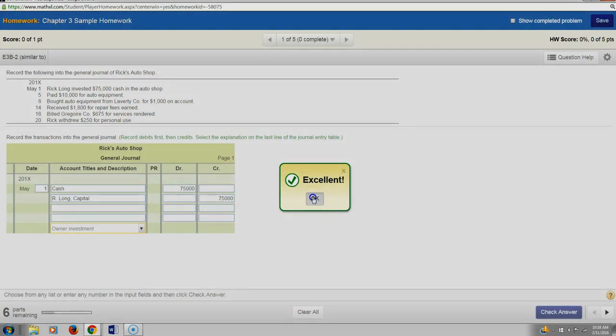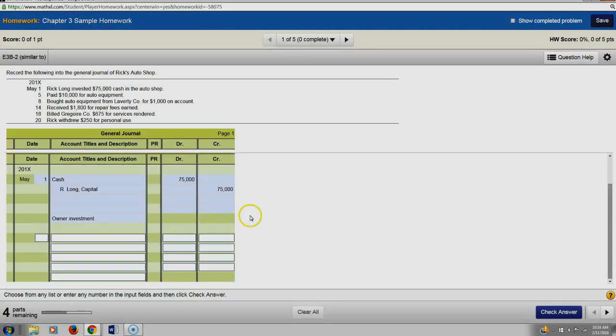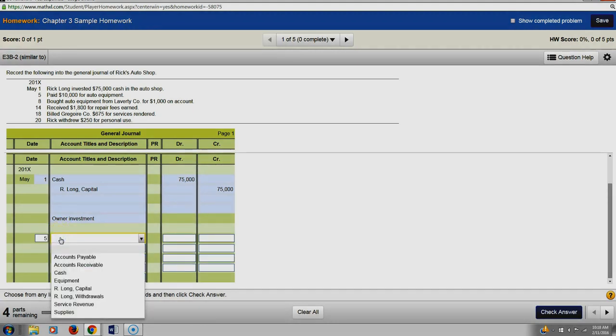Now, mind you, these transactions would be posted to the ledger. That's the second step in an automated system. As soon as you click enter, the debit and the credit would automatically get posted to the specific accounts. Here, all we're doing is the journal step of the cycle, so that if we paid $10,000 cash for